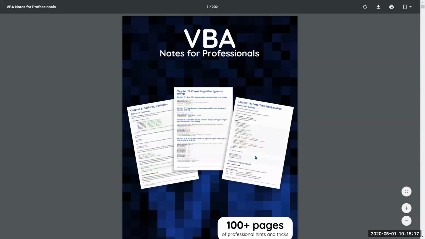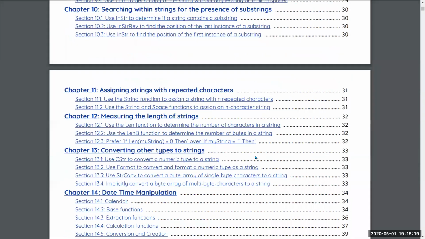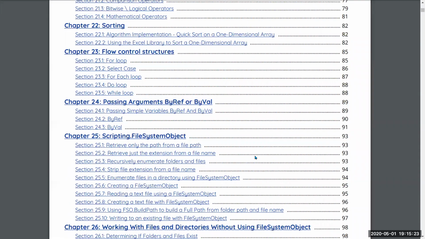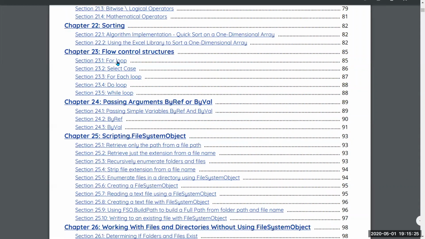Okay, I'm not able to think of what topic to show you. Wait, let me look at it in the table of content. Something that will make sense to you. Wait. Okay, let's say the for loop, right?